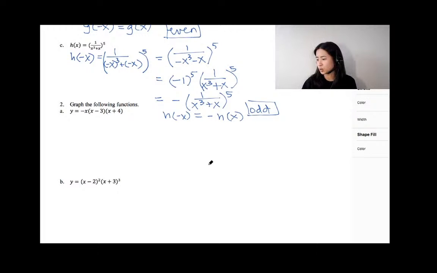So for number 2, it says graph the following functions. You have y is equal to negative x times x minus 3 times x plus 4. We're just going to do a recap with multiplicity and degree, and also the sign of your leading coefficient. Those are the 3 things you have to remember if you're graphing polynomial functions, and this is a polynomial function. So first, let's identify